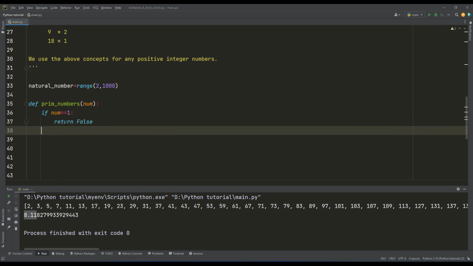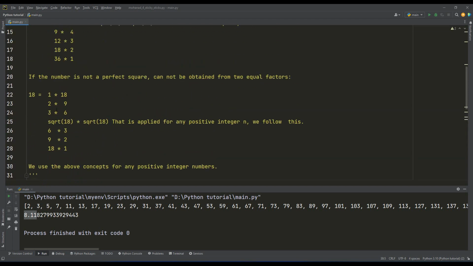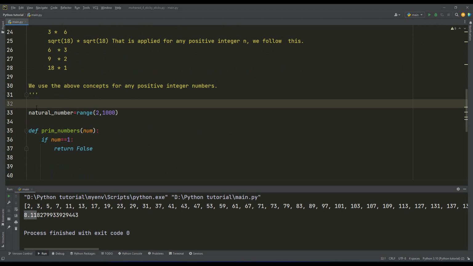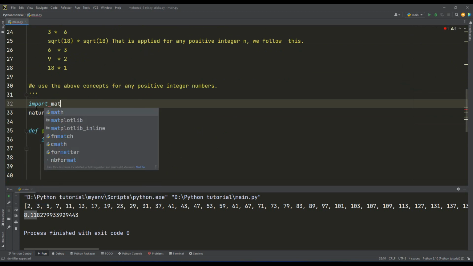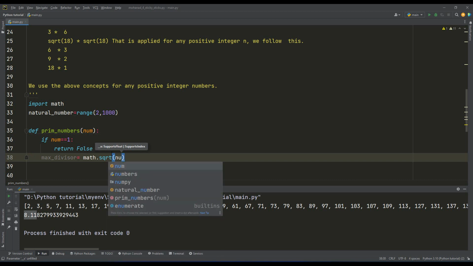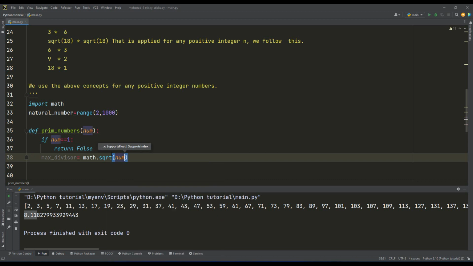Then I want to identify the maximum divisor. The maximum divisor is the square root, so I have to import math, and I want to say max divisor will be math.sqrt of the number. So I consider the square root of the number, but for example, if the number is not